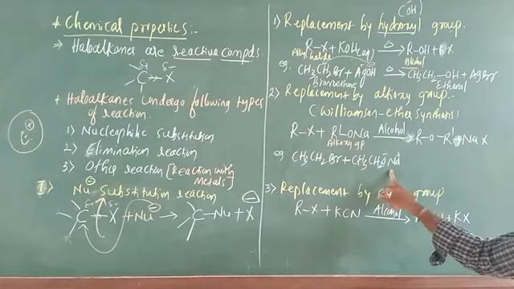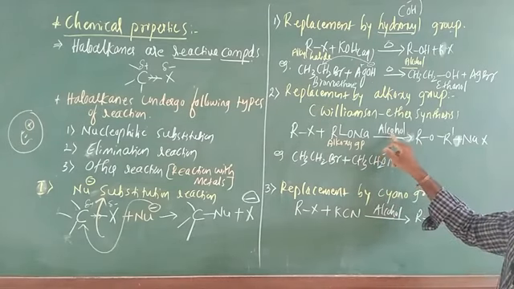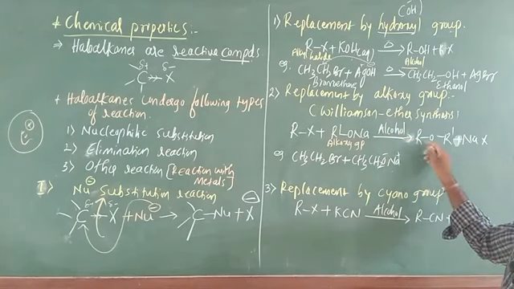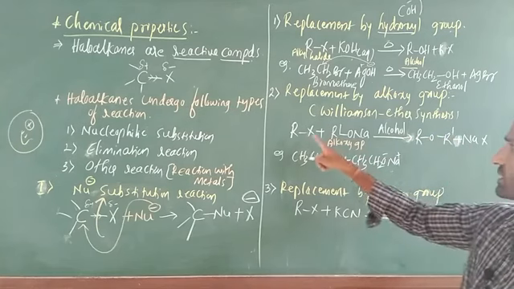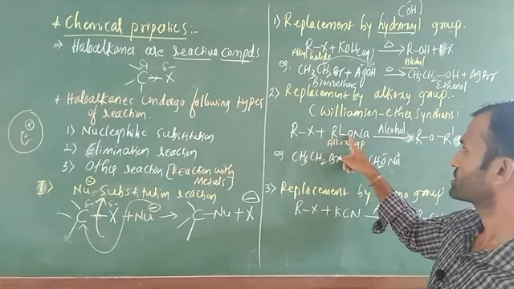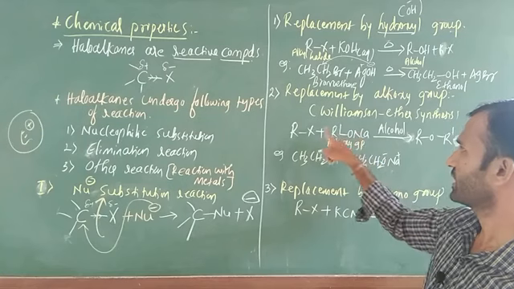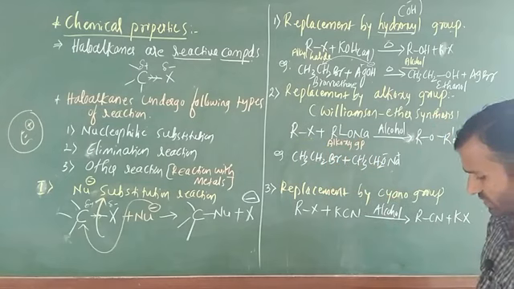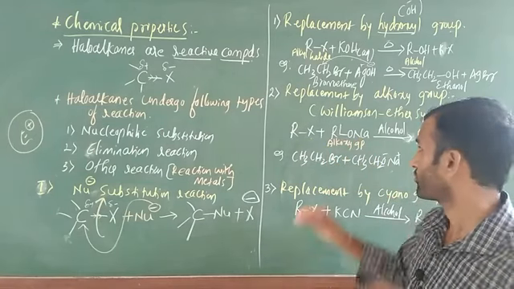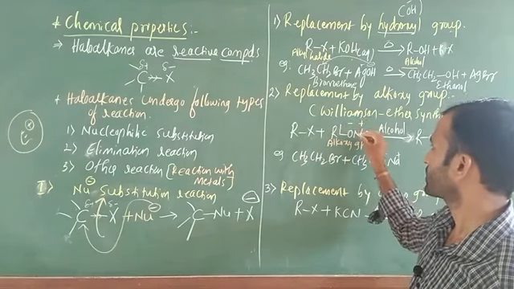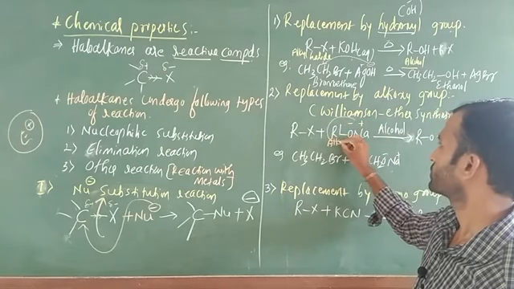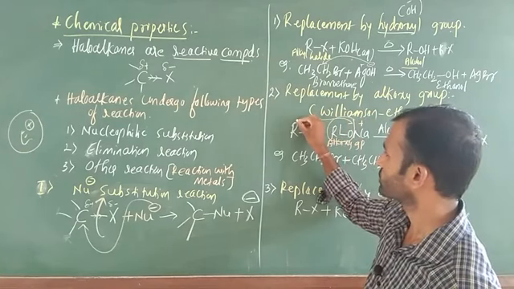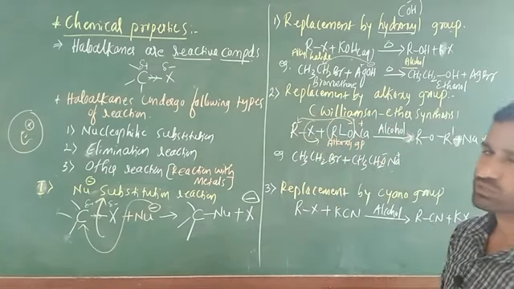What is the name of this one? Sodium alkoxide. In the presence of alcohol, heat is there, compulsory, there is no problem. After that there is a formation of the product R O R dash. Here R is there, here O is there, this R dash is there, and Na can react with X, so NaX will go out. Just here, I will show which acts as a nucleophile: this is minus, this is plus. This whole group indicates the alkoxy group, this negative charge is going to attack on this carbon, and obviously this halogen will go out.